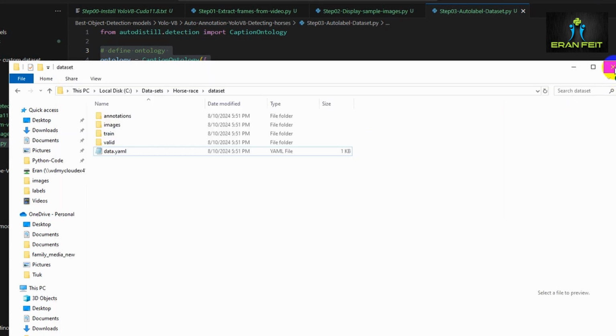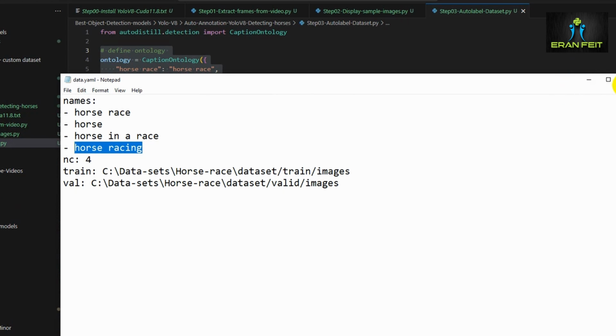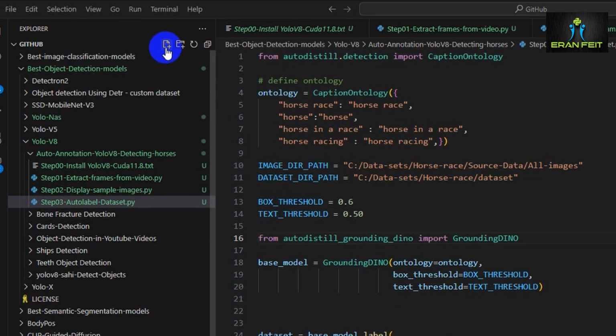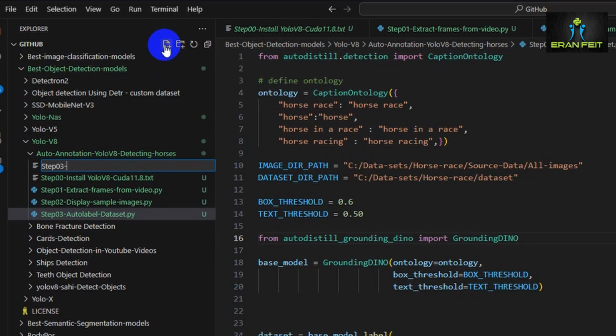So I believe the next step would be displaying the result, so it will give us the ability to understand how good this automatic annotation was. So let's continue to the next step, which is displaying the result before the training. So now let's display the results. We would like to display some of the images with the annotations,